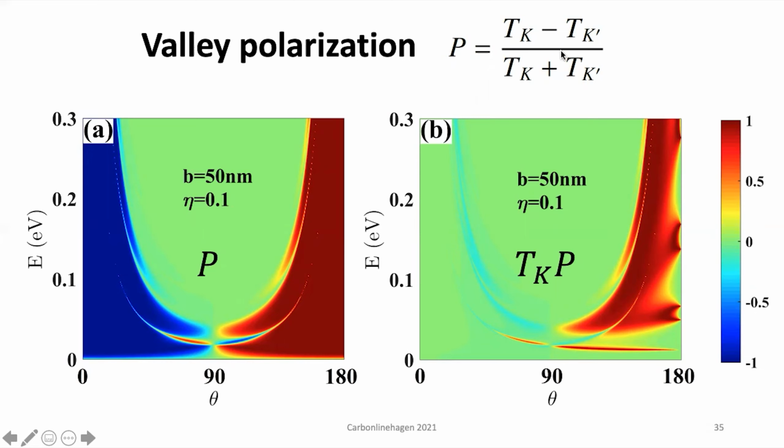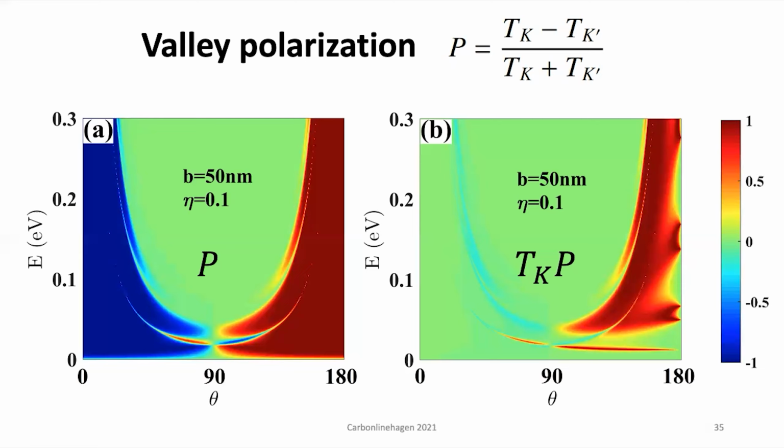Again, 1 is maximum polarization, that means the transmission from valley K prime is 0, and -1 means the transmission from valley K is 0. And this is as a function of the different angles of incidence. Except for pi/2, that is for incidence perpendicular to the fold, in which both valleys go through, we see